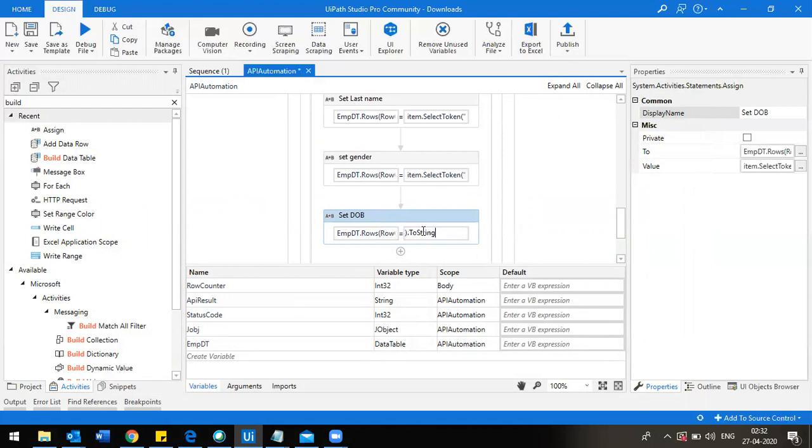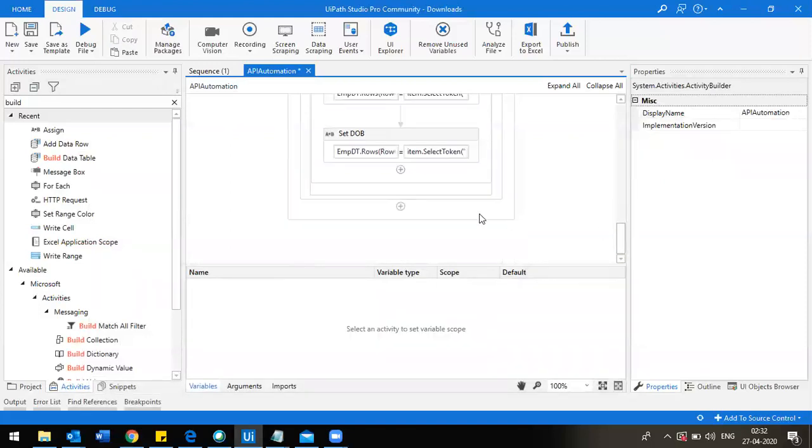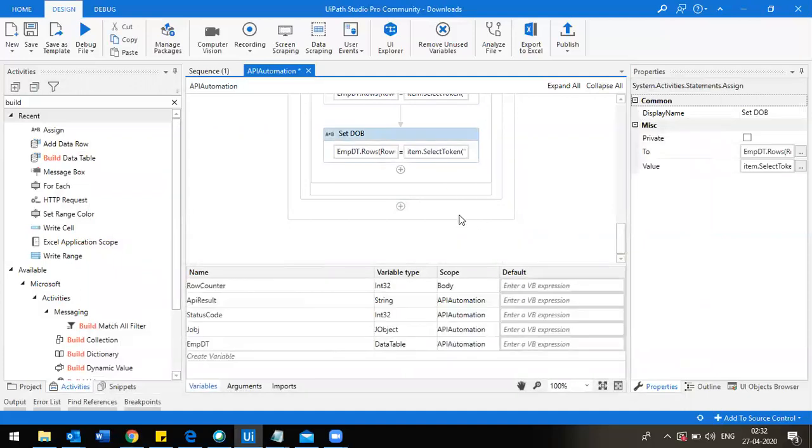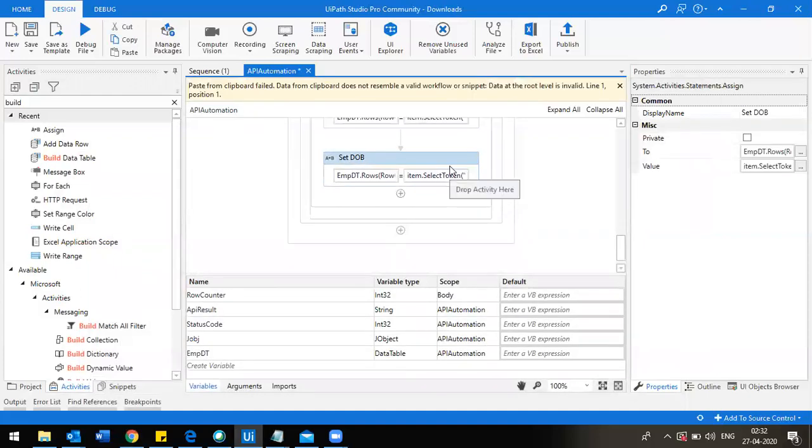Okay. So here we have to change the path to DOB. And here I've given as DOB caps. Okay. So copy it first for some other.